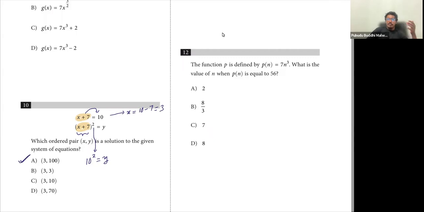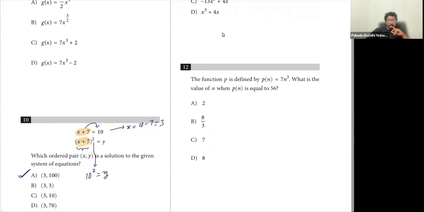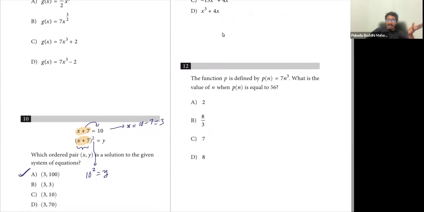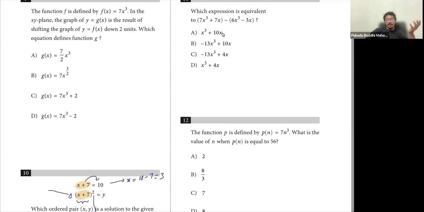Right? More often, you can use a method like this. Right? Not a standard method, because a standard method like elimination will take so much time. Don't ever expand this. That will create a lot of problems. Right? Then the 12th one,